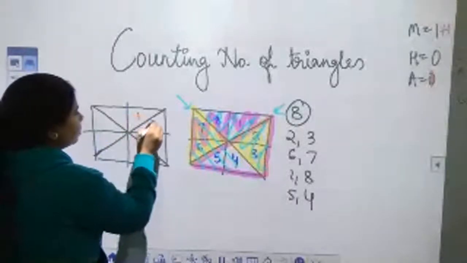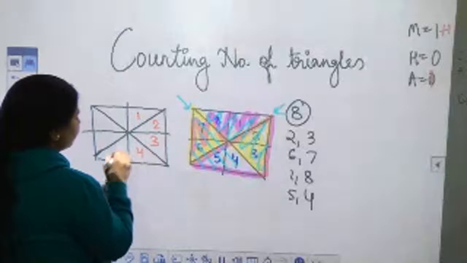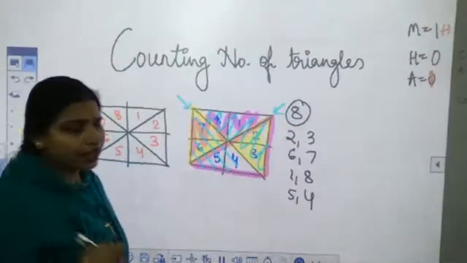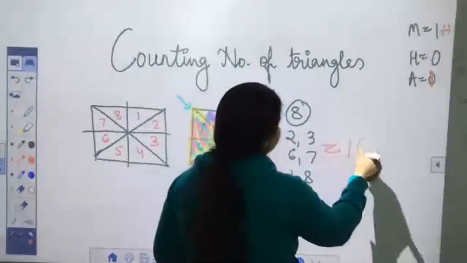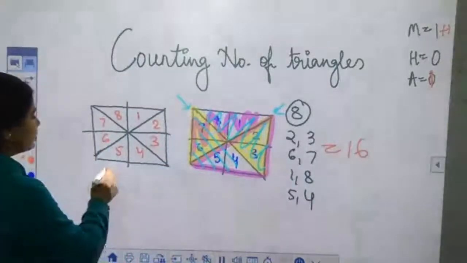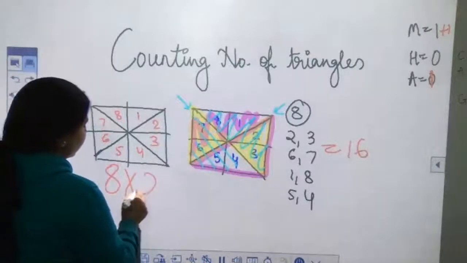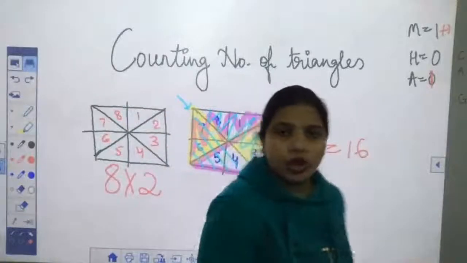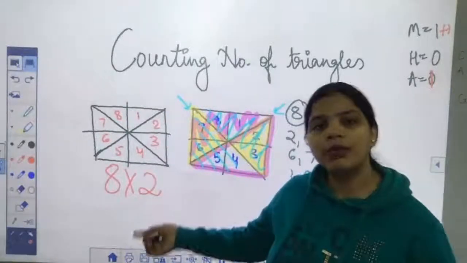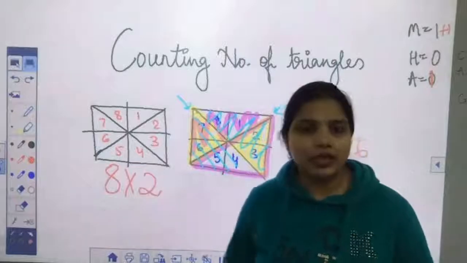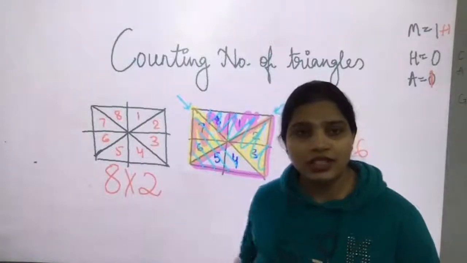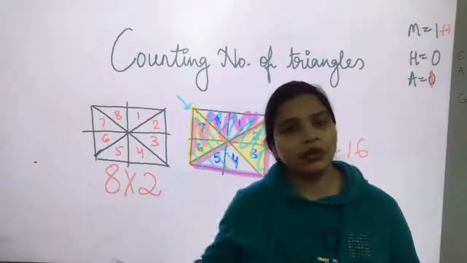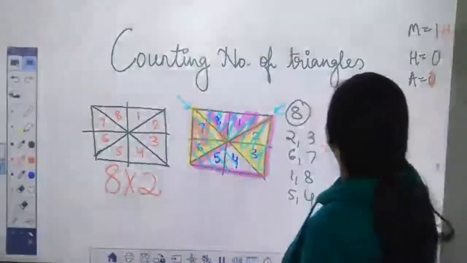हम क्या करेंगे, हम नंबरिंग करेंगे इनसाइड जो ट्राइंगल्स हैं उनकी, 1, 2, 3, 4, 5, 6, 7 एंड 8। आंसर हमारा क्या आ रहा था? आंसर हमारा आ रहा था 16। दैट मीन्स 16 क्या है? डबल ऑफ 8 है, 8 टाइम्स 2। तो जब कभी भी आपको इस तरह से फिगर मिले, क्वाड्रिलेटरल काइंड ऑफ, और उसमें अगर आपको ट्राइंगल्स पूछ रहे हैं, तो हमेशा डबल ऑफ इंटरनल ट्राइंगल्स होगा।